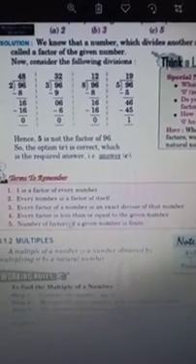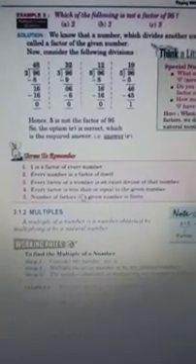Every factor is less than or equal to the given number. In the previous example, we have seen that if we find the factors of 36, none of these numbers can be greater than 36. Every factor of 36 is either equal to 36 or less than 36. Our next point is that the number of factors of a given number is finite. That means the factors of any number are finite; they will not be infinite.